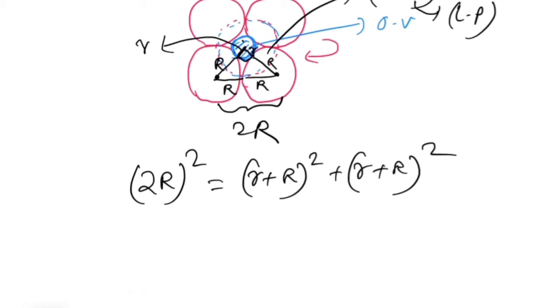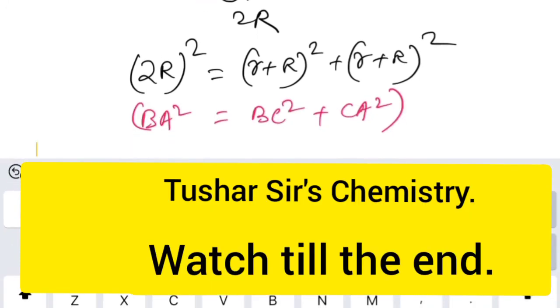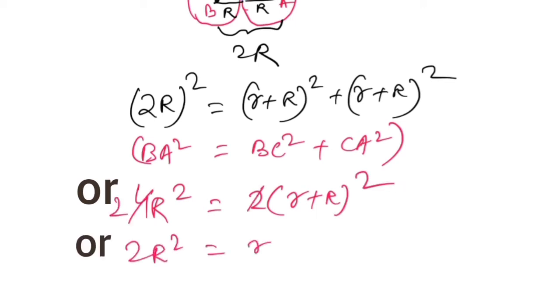Suppose this is A, this is B, and this point is C. So BA² is equal to BC² plus CA². Then 4R² is equal to 2 times (R+r)². Cancel 2. So 2R² is equal to (R+r)²,